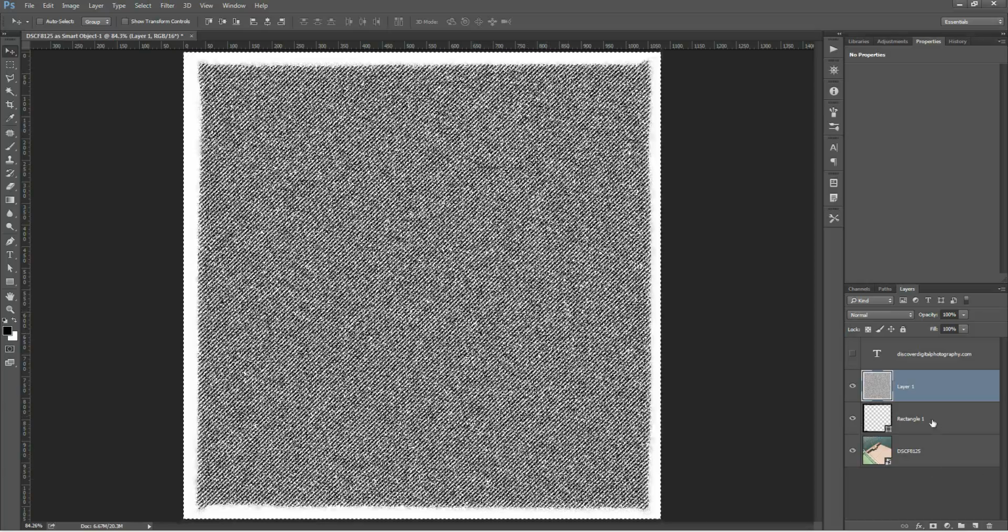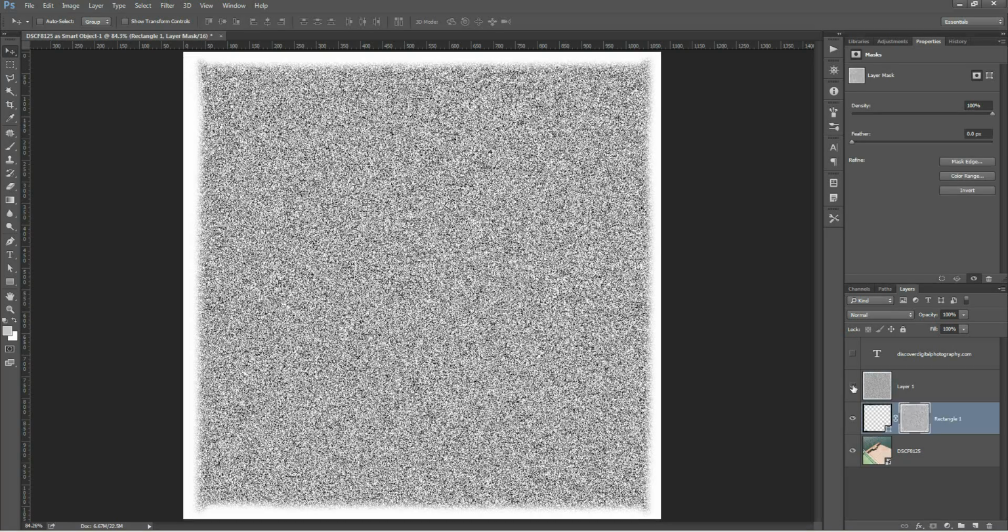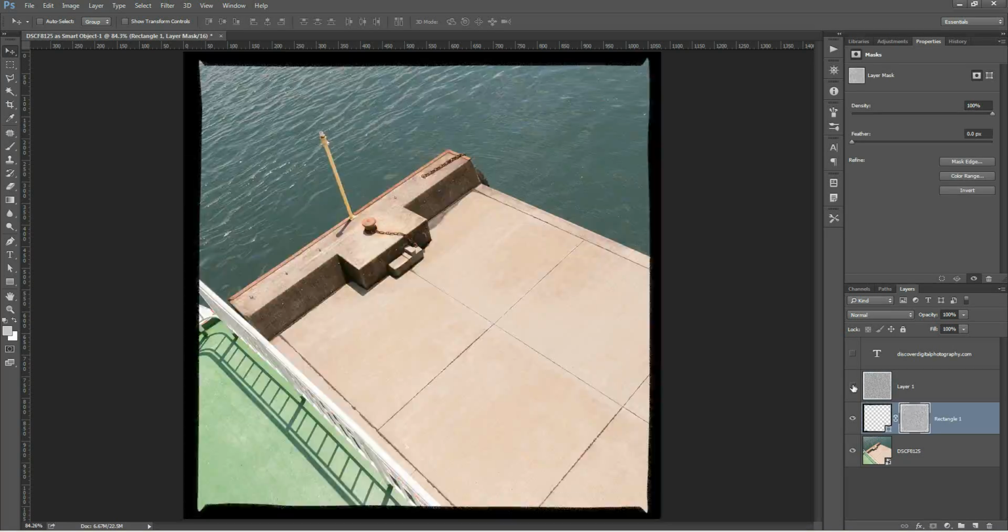I'm going to go down to the border layer and add a layer mask. I can hide our noise layer now. In fact, we can get rid of that completely. And as you can see, it's broken up the border a little bit based on the noise pattern in the layer mask. If we want to apply the noise to the image itself,